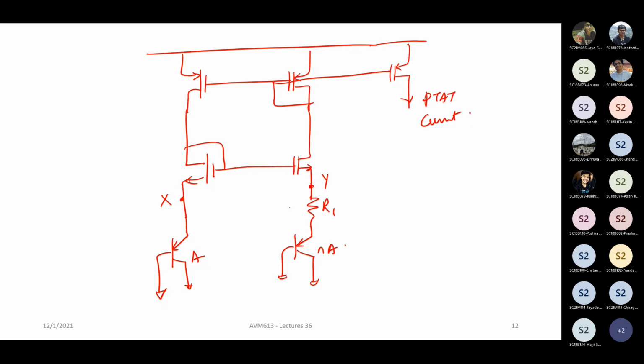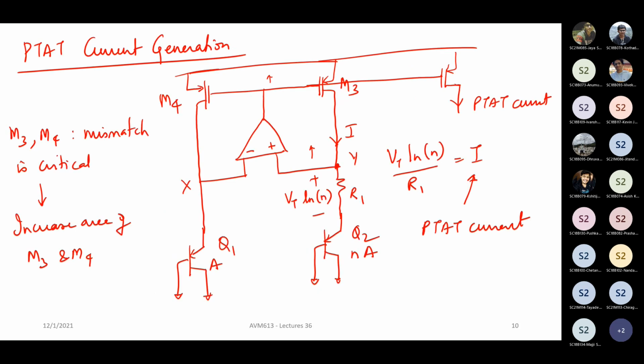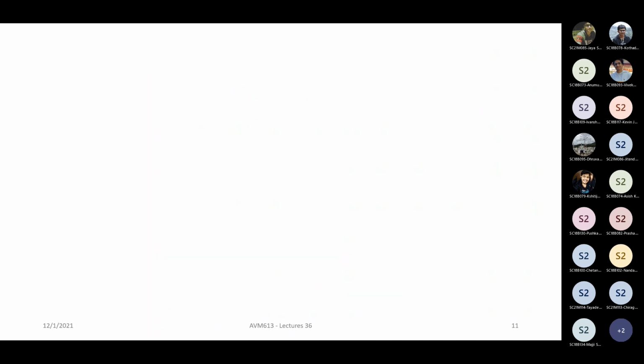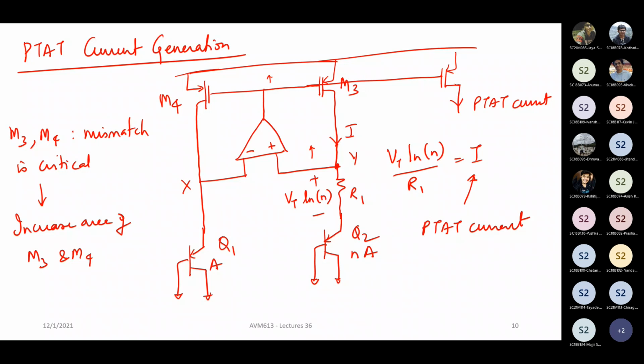Okay. So typically, if you have a larger supply voltage, especially in older technology nodes, you can afford to put a lot of transistors like this, stacked up. In older technology nodes, it's possible to use this kind of PTAT generation. But in more recent deep submicron processes, people typically end up using a core which is like this. All right.